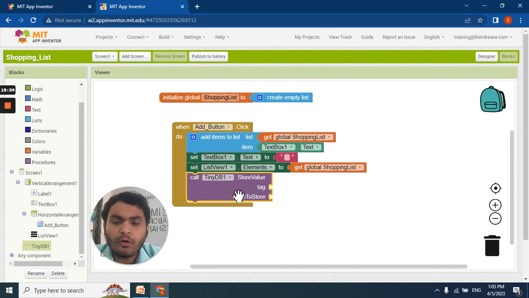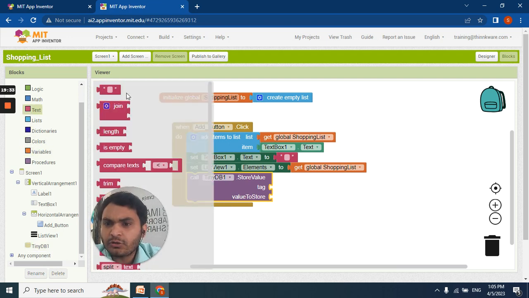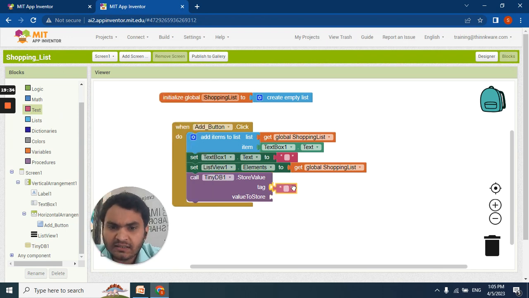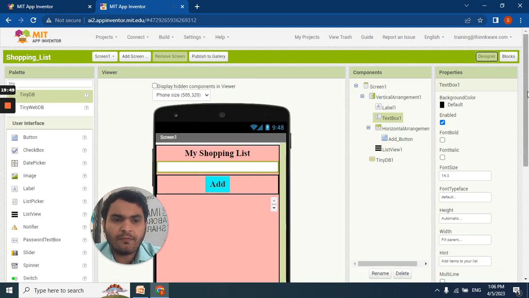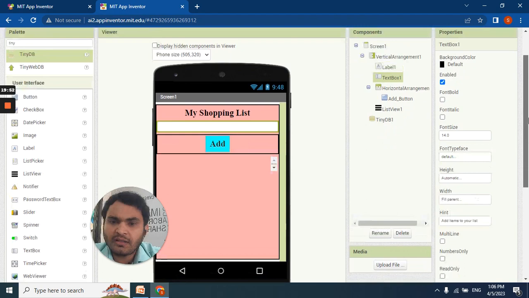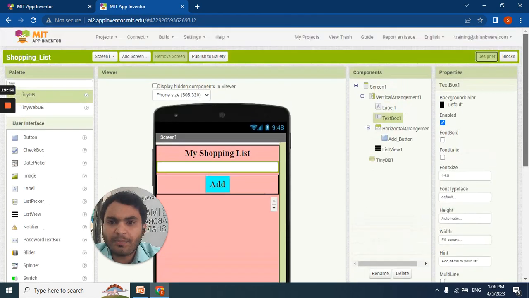The Tiny database will store all the list here. So we need to type here list, and this list is for the shopping list. And we have completed creating the shopping list app.